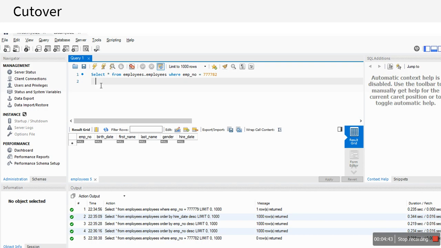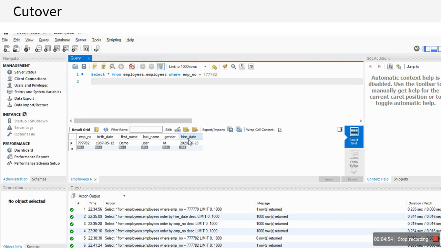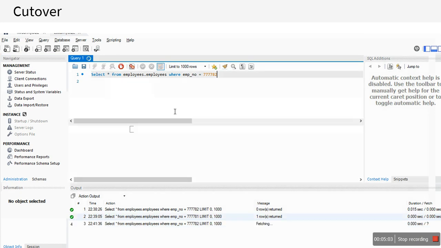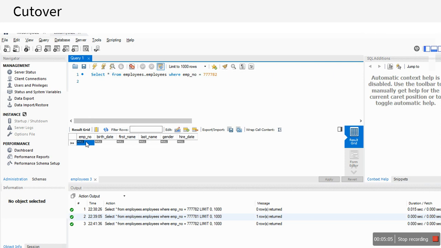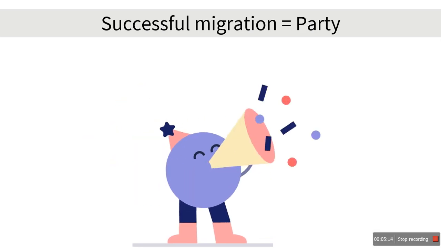Let's go and check directly on the database. This is the cloud version. Now you can see it's null before the cutover, and after the cutover you can see the record directly on the cloud version. Let's again go and check the local version, because I have to ensure that the record is not being added to the local version. The local version says that there is no record with employee number A2, which means that my application is now fully pointing towards the cloud version and not the local version.